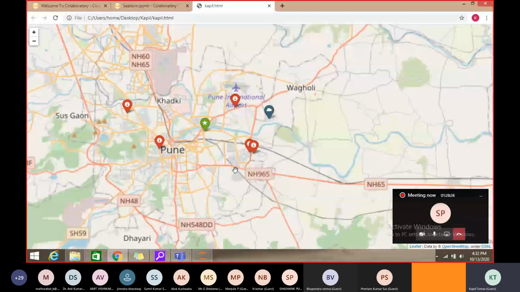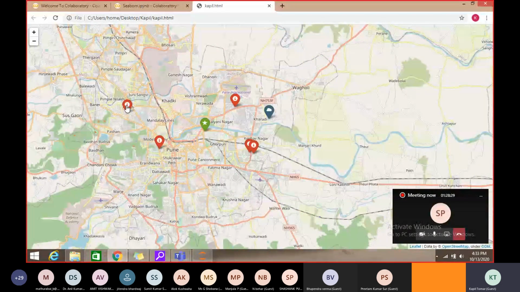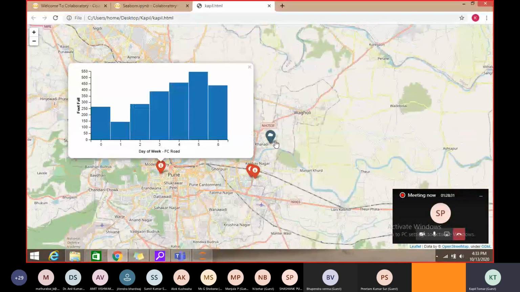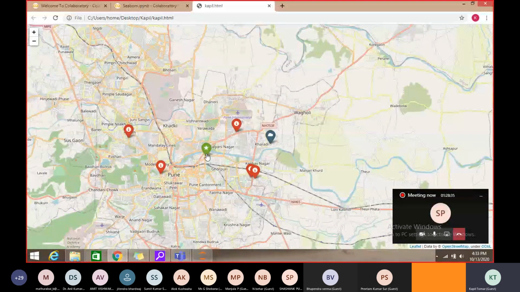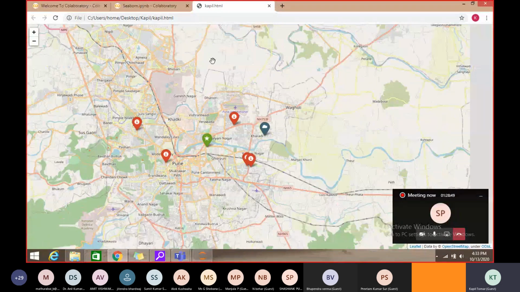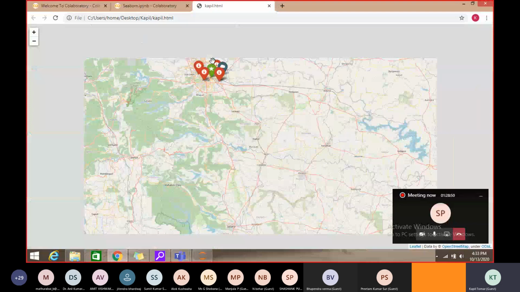In Pune, these are the locations. This is the average footfall. So this is something we can continue in the next session, whenever we have the time. This Folium library is very, very helpful to represent the data on maps, right?